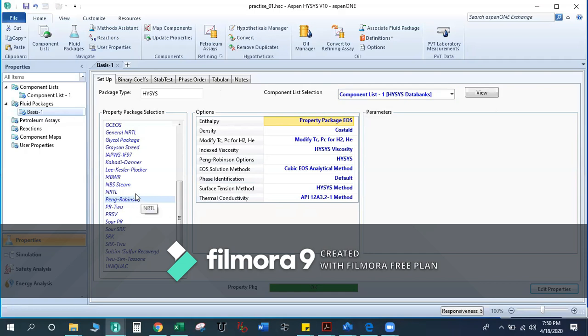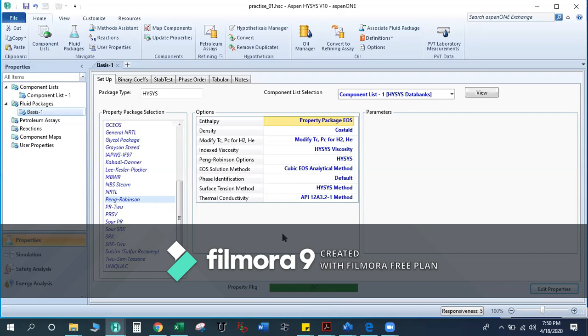Now in our case, for those selected components, Peng Robinson is compatible and it is suitable for predicting the properties of all those components. That's why we have got the message as OK.